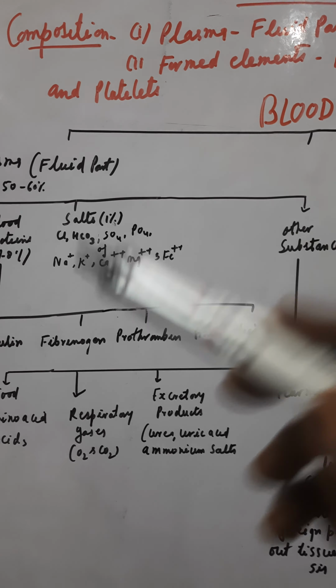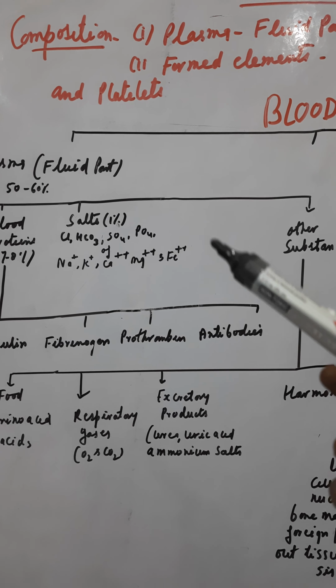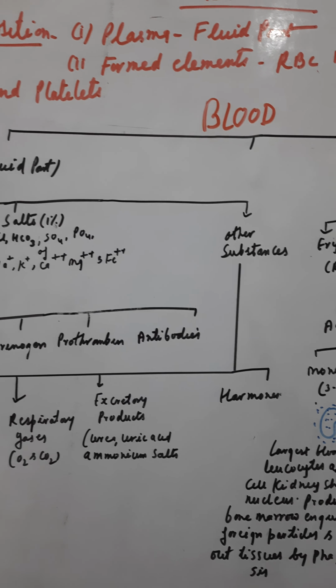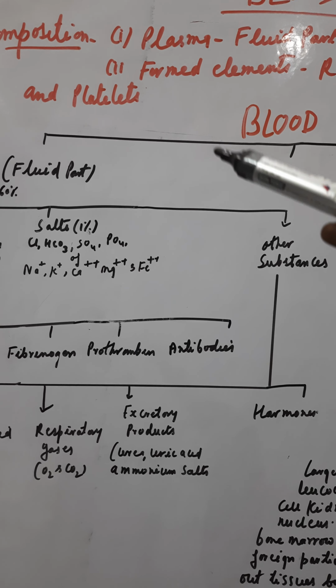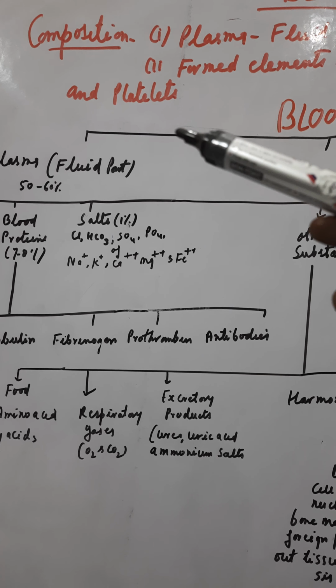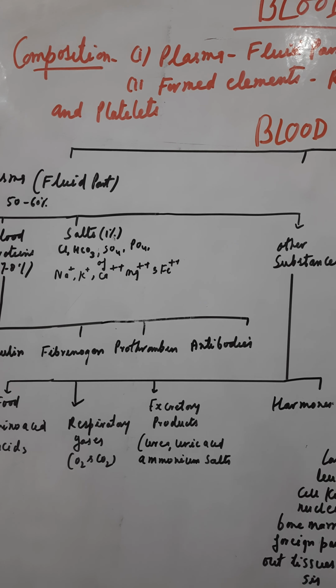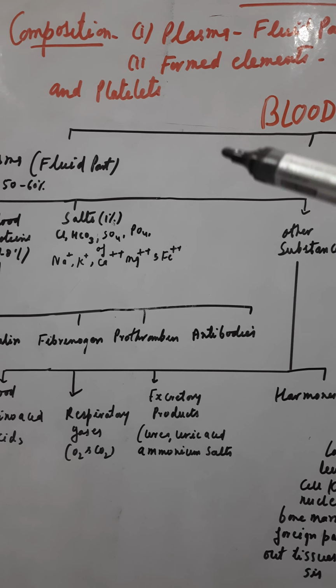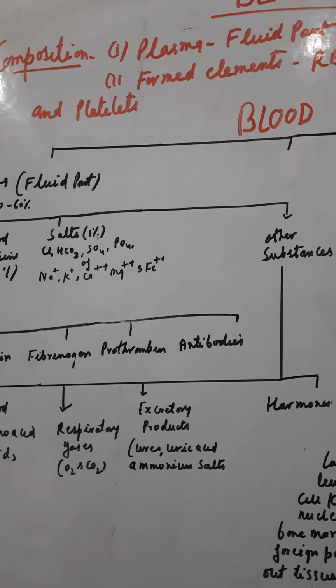So the water which is there in the glass will be compared with the plasma, that is the fluid part, and the formed elements, that is the RBC, WBC and platelets, can be compared with the thread or thermocol balls or paper, etc. So these are the formed elements, RBC, WBC and platelets. You knew about them earlier also. And plasma is the fluid part.